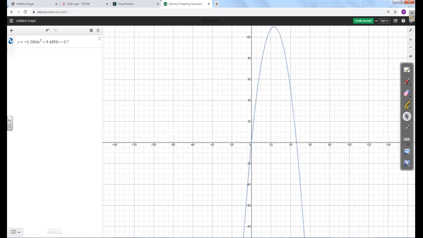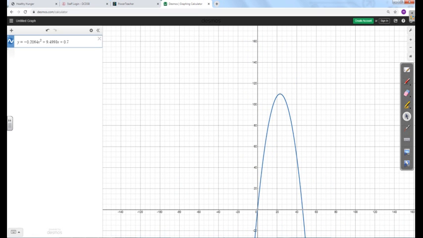So if I look at this equation, this is where my maximum is. And you see it's at 23.012 and 109.998. So that's a good